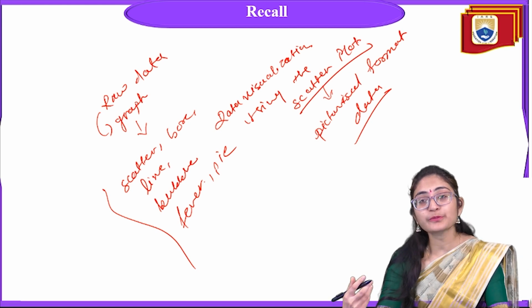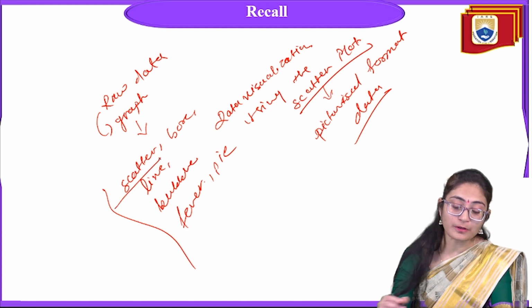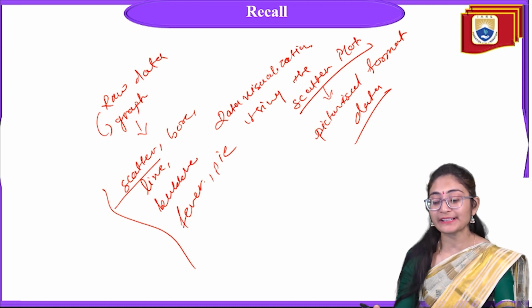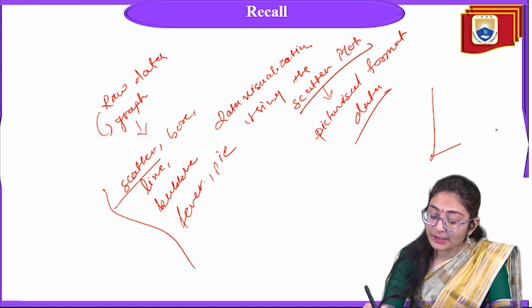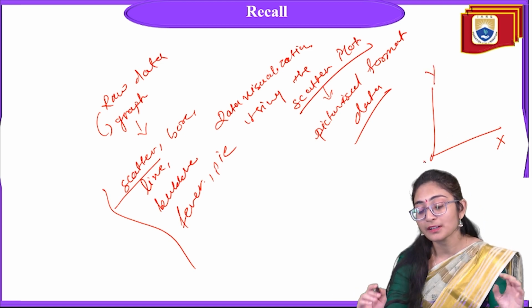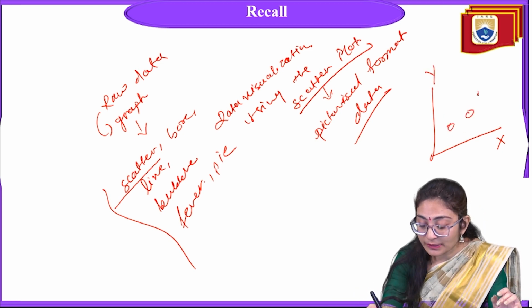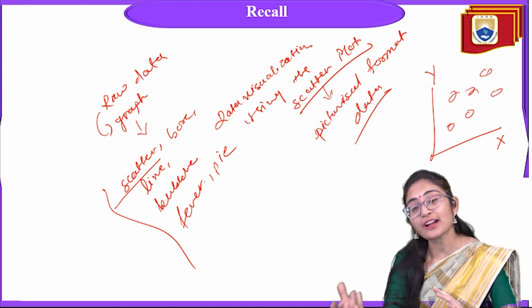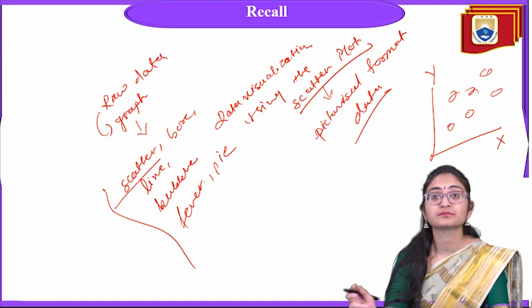In the last session, we have seen scatter plots, where to draw a scatter plot you definitely need two axes, one x-axis and another y-axis, and on that basis you will find the values, and on that basis again we have seen some types of